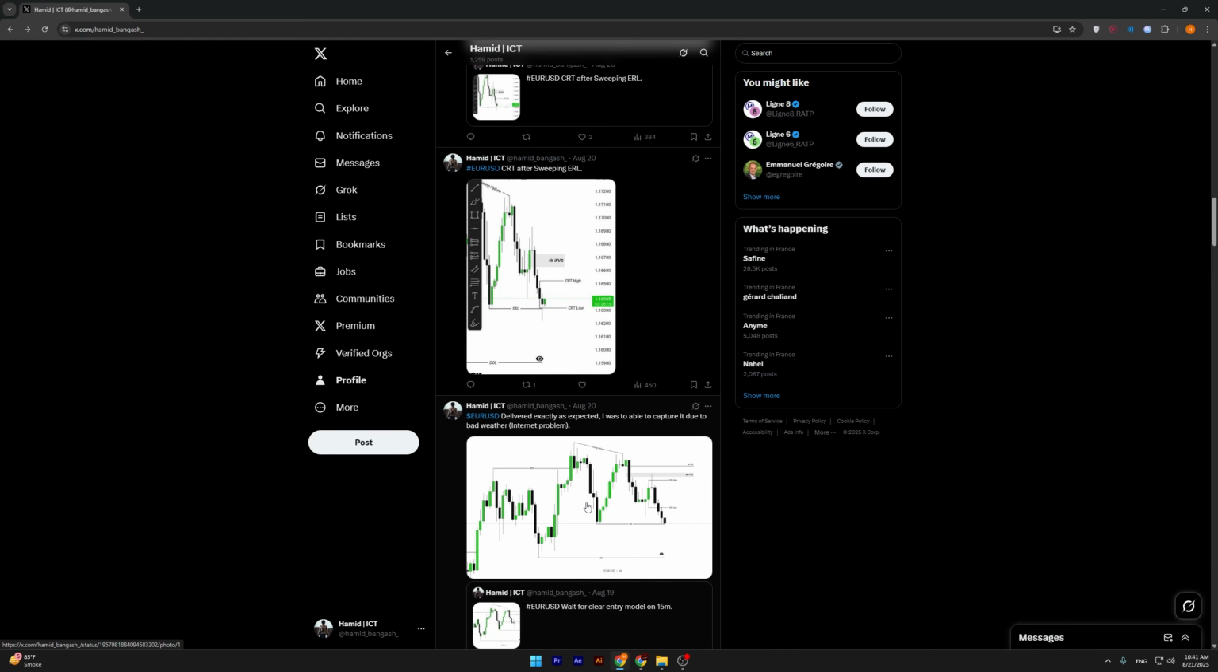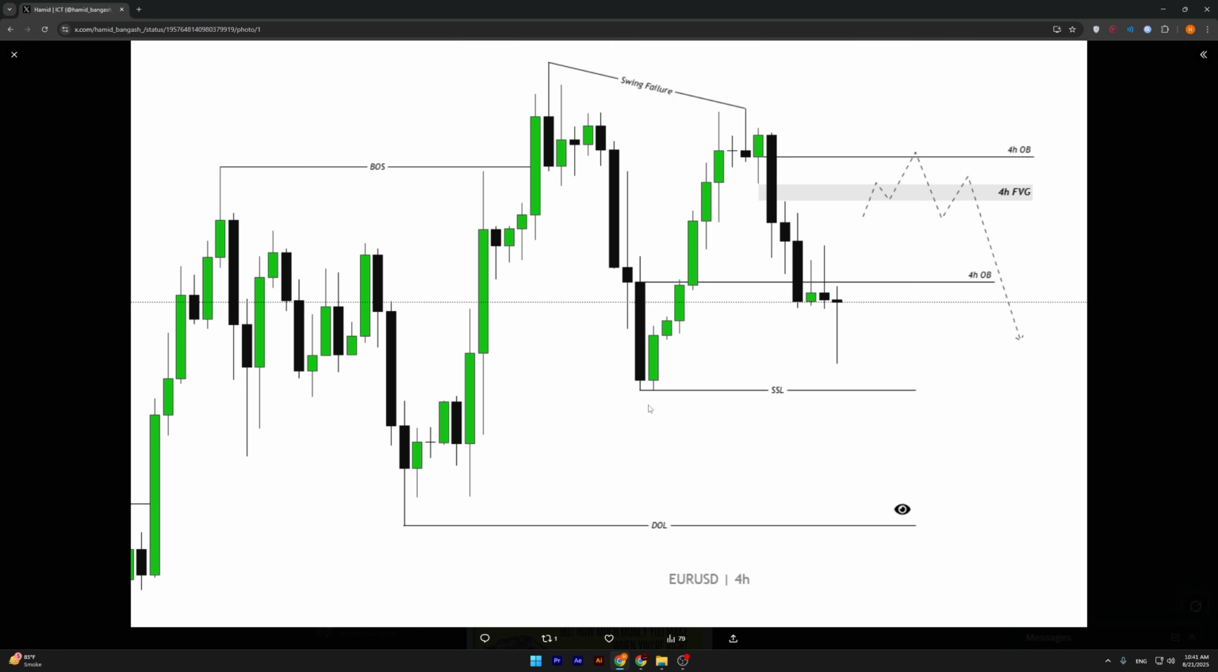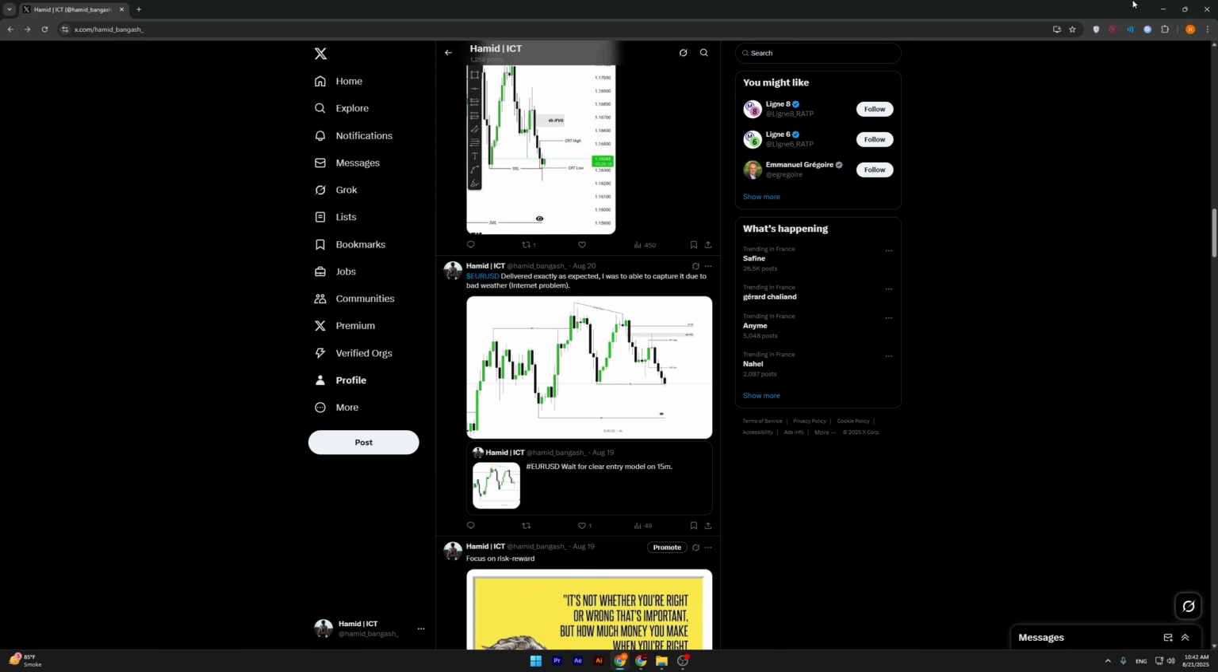If I show you on my Twitter account, you will see here that I marked this zone when price was reacting from this order block. This is the order block that I marked, and price was reacting from this zone. I pointed attention to this FEG and order block, but price dumped from this zone and took the sell side liquidity. As you can see,